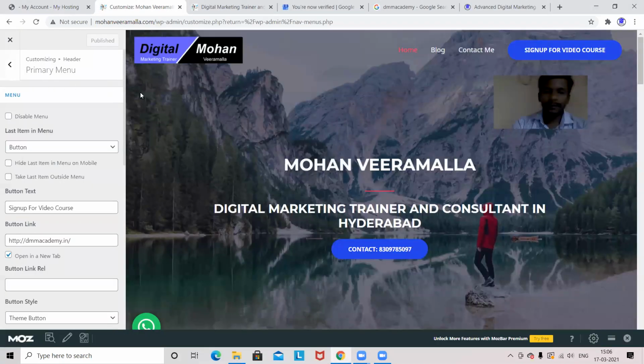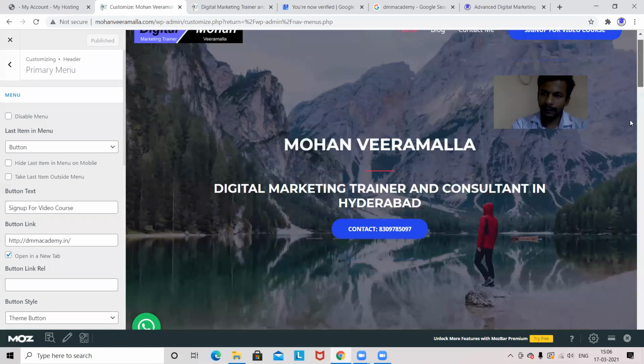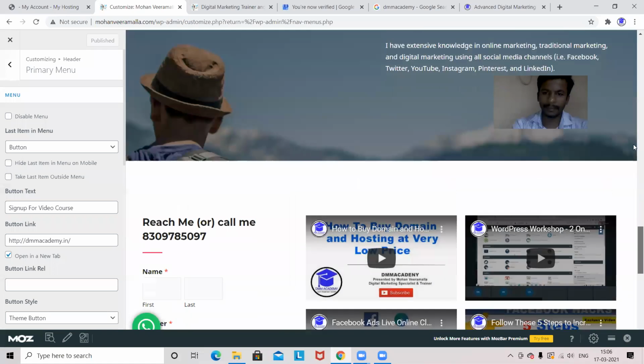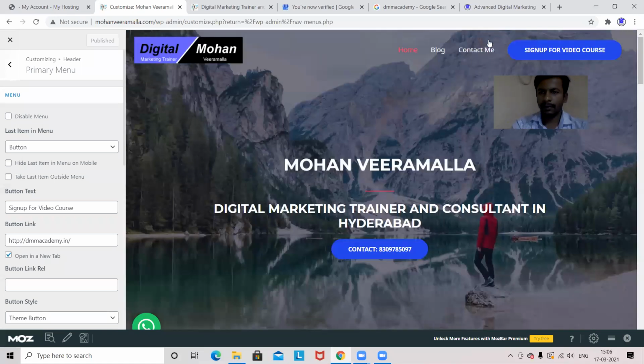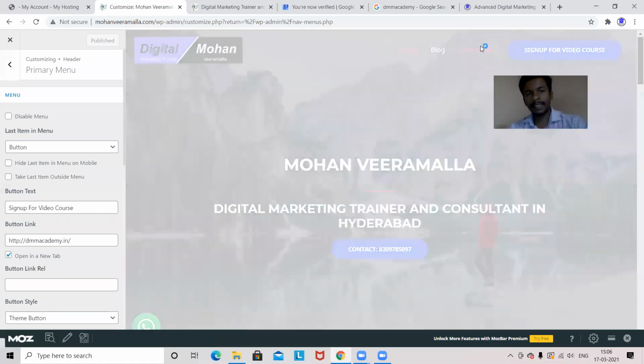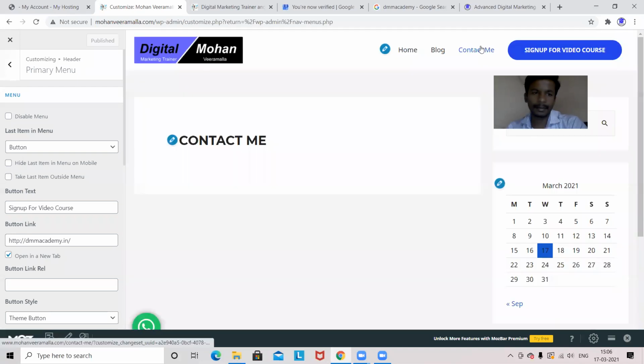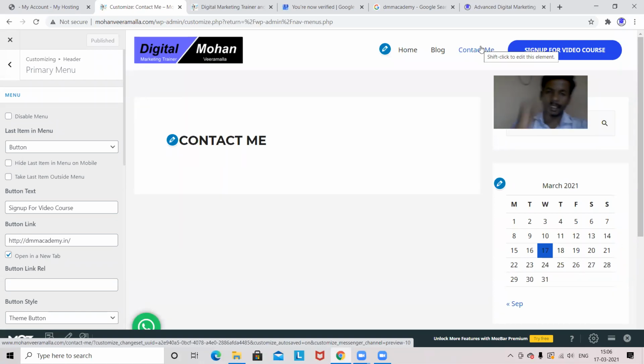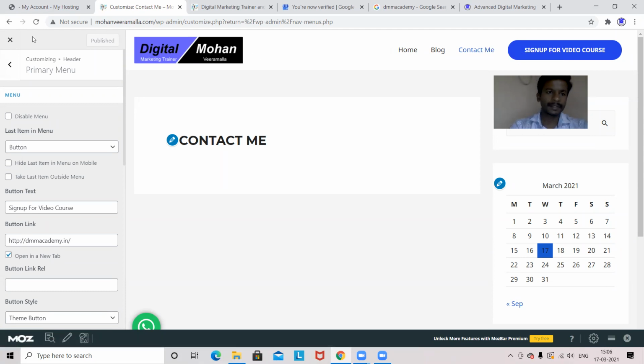Fine. So now we'll see how to do the footer part. The header part got completed, and we'll go with the footer part. Why? Because for any website, if I go to the contact me page also, I'll have the same header. I can see the header section, the same header. That means the header will be the same, and the footer will be the same every time. So if you change the footer, you'll get things better.